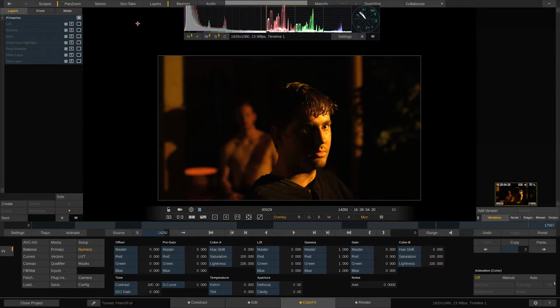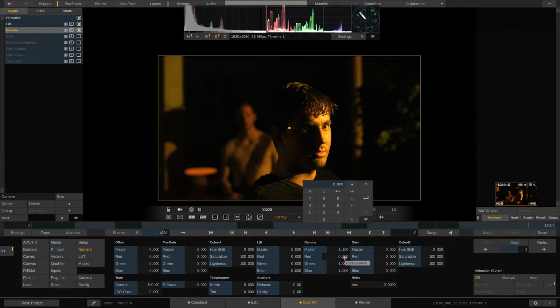This is the raw imaging. It's very orange, highly saturated, and the colors are in areas that we didn't necessarily need. So for the lift, we took down the master and added a little bit more red. All right, adding on to the gamma. The gamma took away some of that red to give it more of a yellow green tint, and then